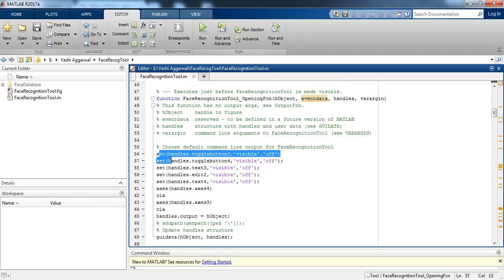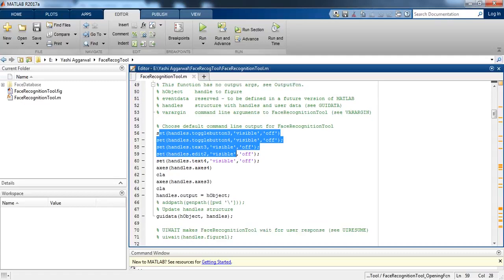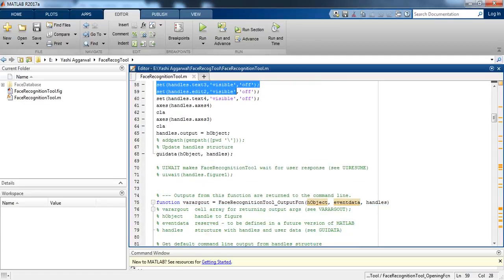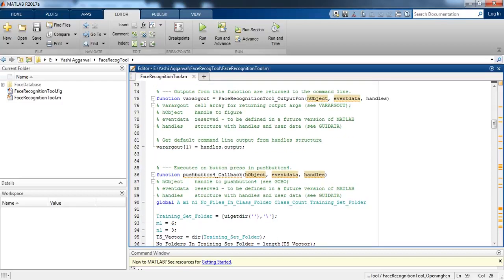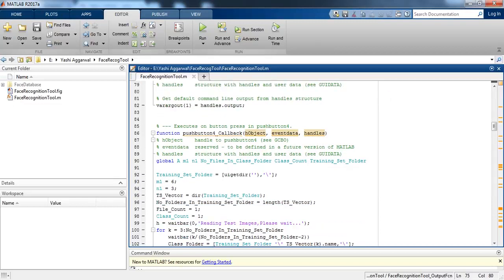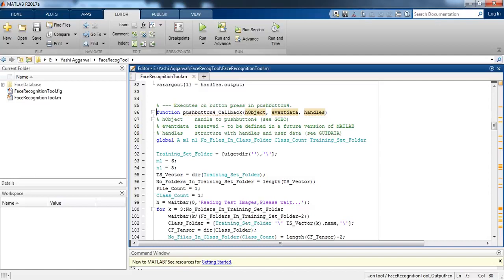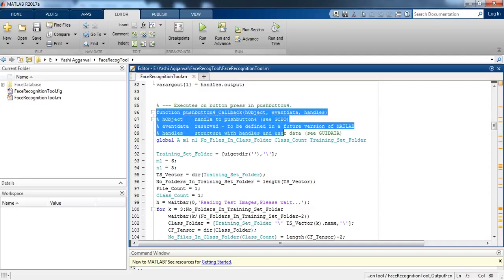We are setting the buttons, toggle buttons, and their visibility, and after that we are updating the handle structure. After that we are making a function for the outputs that are returned to the command line.